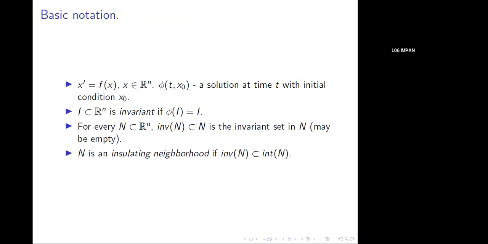So we start by looking at the differential equation x prime equals f of x in R^n. Let phi of t, x0 be the solution at time t with the initial condition x0. So a set will be invariant if it's mapped to itself. If I apply the map, I'll get the same set. And then there is another set, an isolating neighborhood, if the invariant part of the set is contained